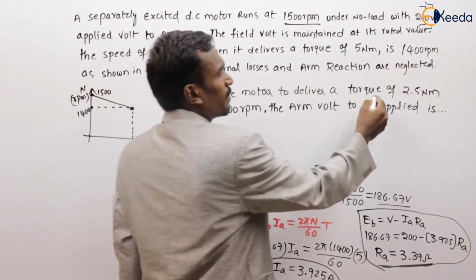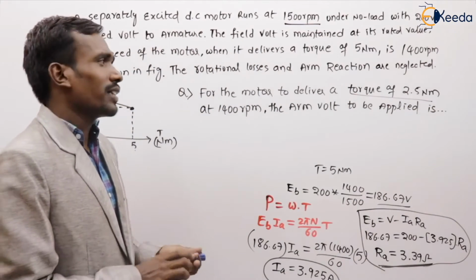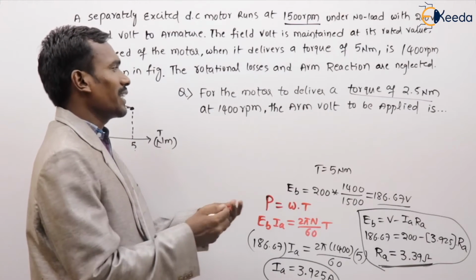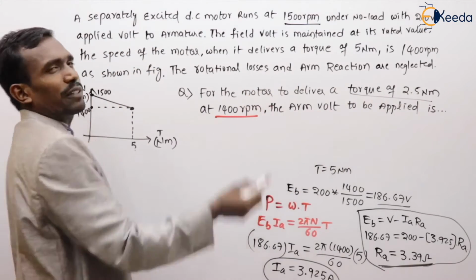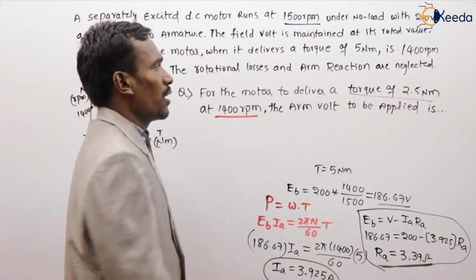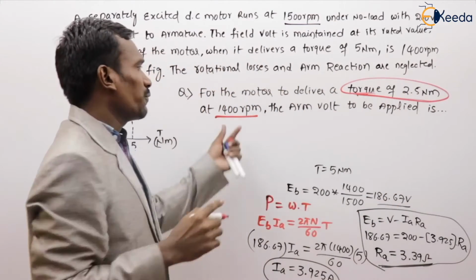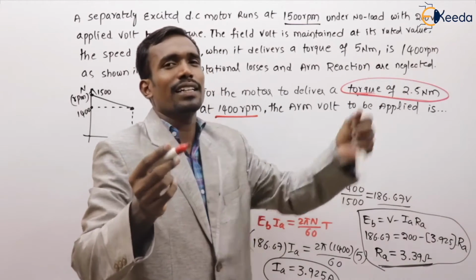For the second question, the motor delivers a torque of 2.5 Newton meters at 1400 RPM. The speed is the same, but the torque is reduced to 2.5 Newton meters. The armature voltage to be applied is,